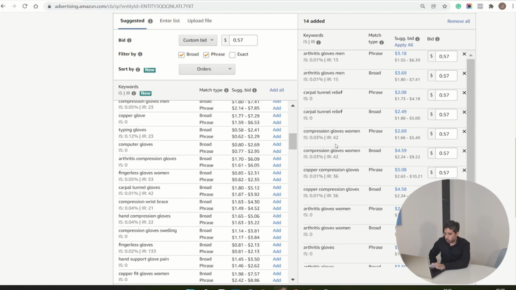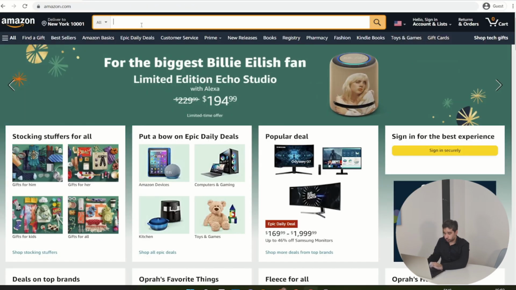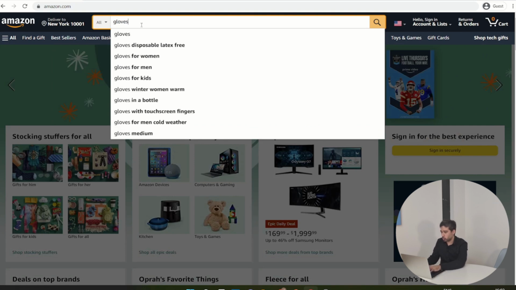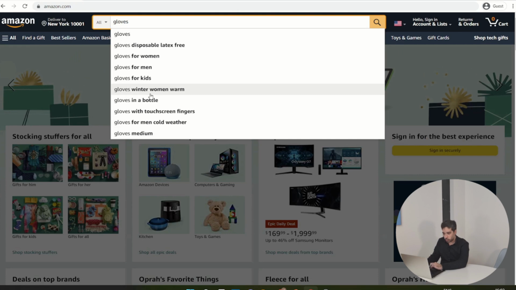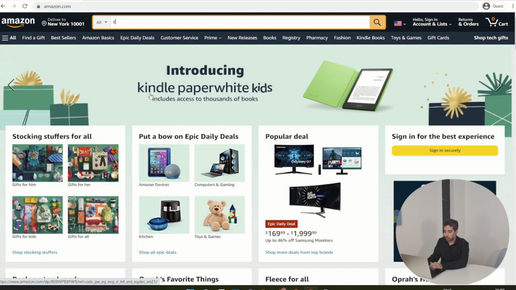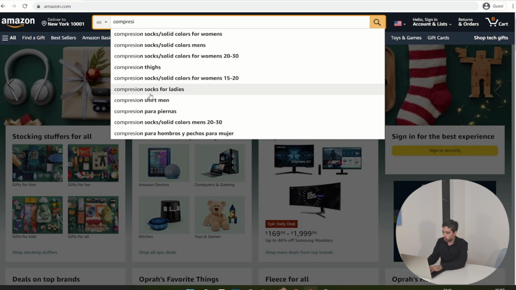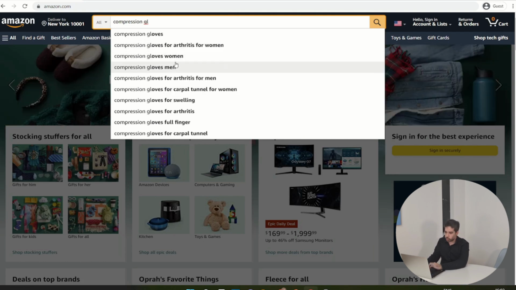Another way to find some keywords that are interesting for us, we still need to go back to Amazon.com, and what we want to do is to check which keywords are automatically the auto completion of Amazon. So for instance, if I'm looking for compression gloves for arthritis for women and so on, we need to make sure that the keywords that we have here and that are actually relevant for the product that we're searching for are covered and in exact match